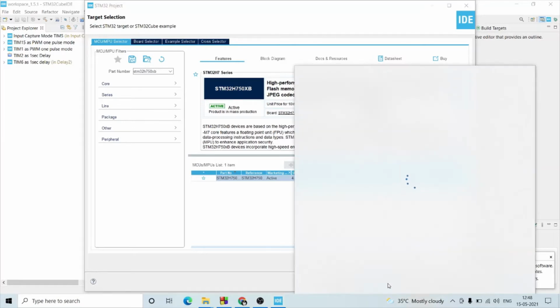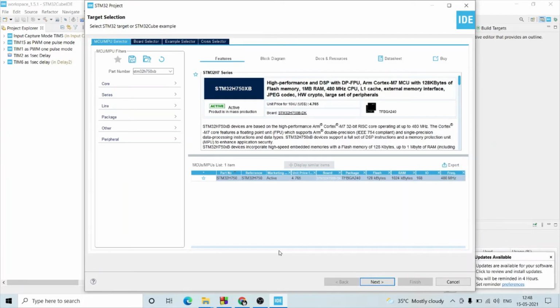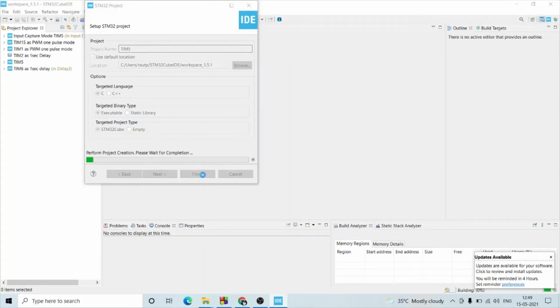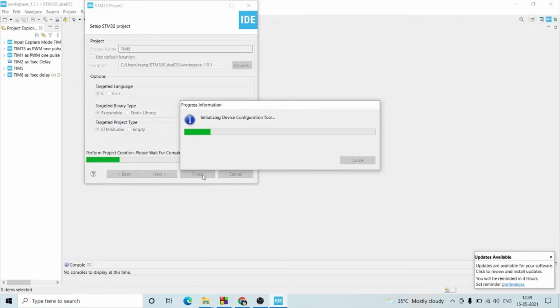After that we need to select Next. I'm giving the project name as timer 5. So Finish. It will take some time to download the device specific library files.